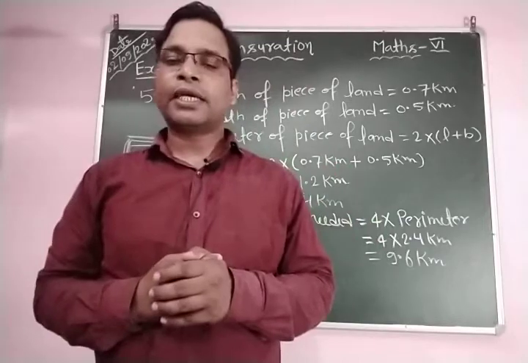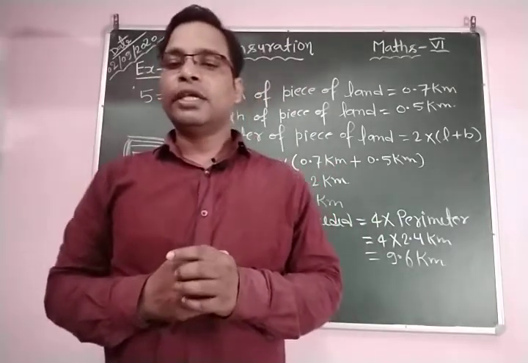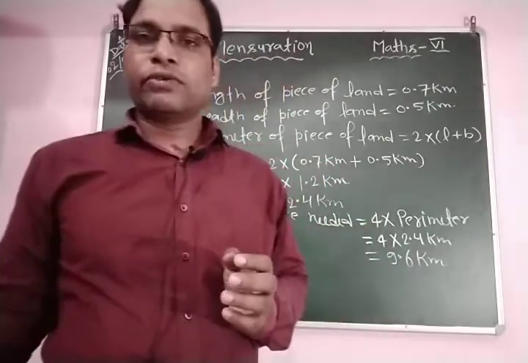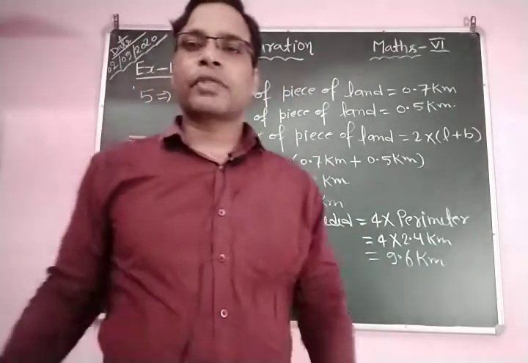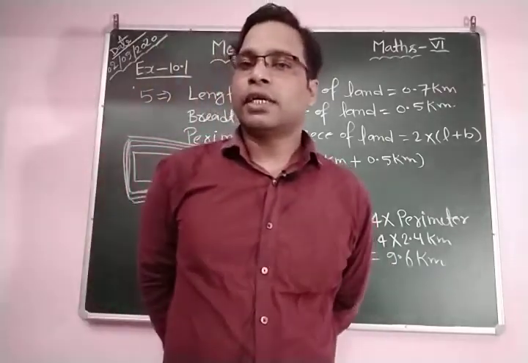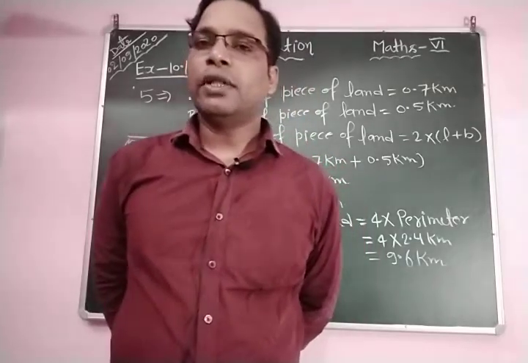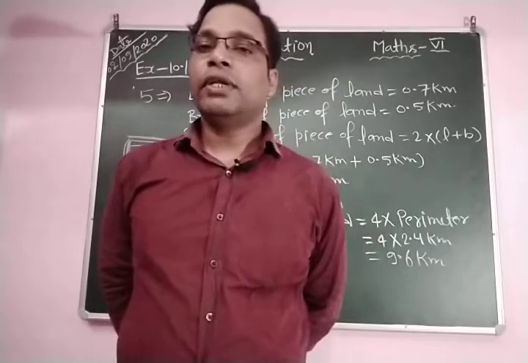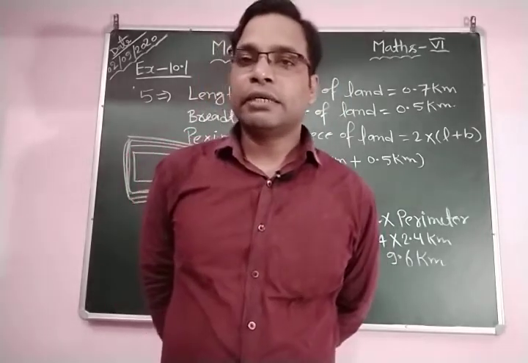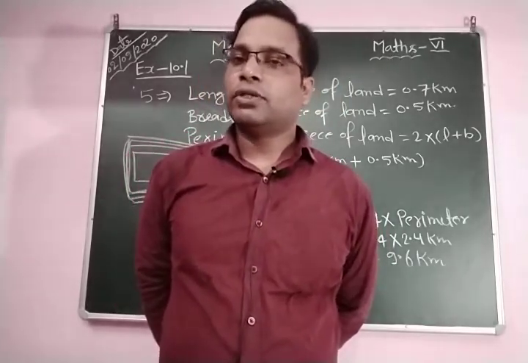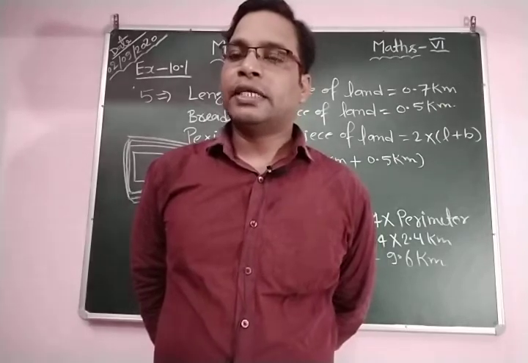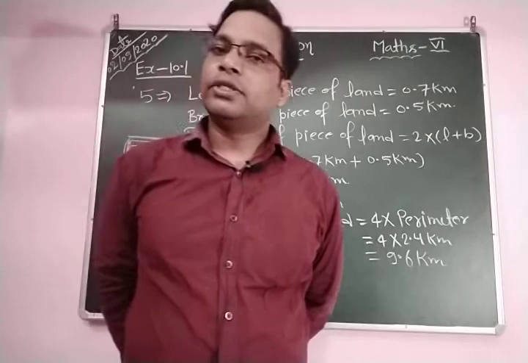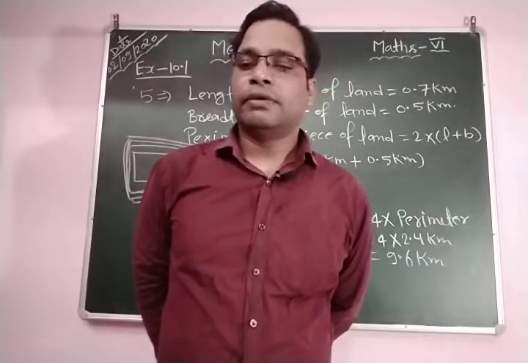And next is part B of question number 6. Given is an equilateral triangle of side 9 centimeters. We know in an equilateral triangle all sides are equal. So the perimeter of an equilateral triangle is 3 into the length of a side. Here the length of the side is 9 centimeters. So you can find the perimeter of the equilateral triangle. This is equal to 3 into 9, which is equal to 27 centimeters.